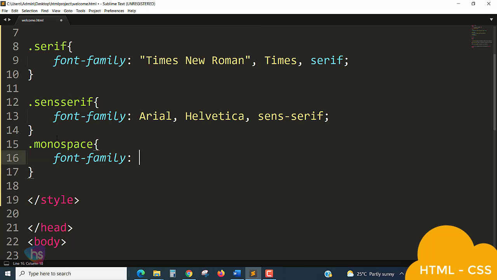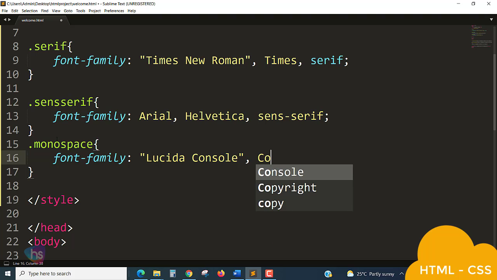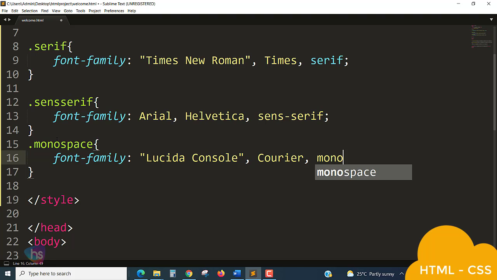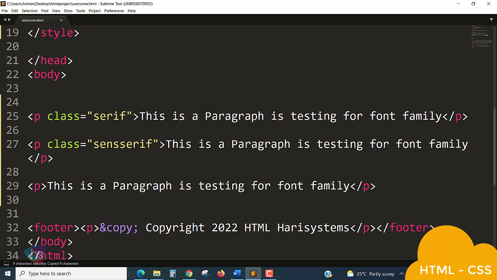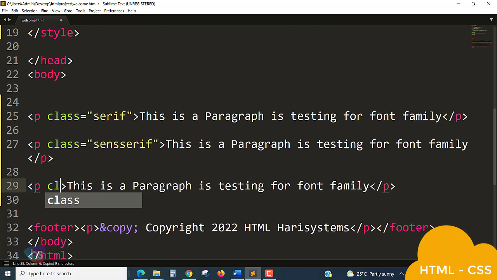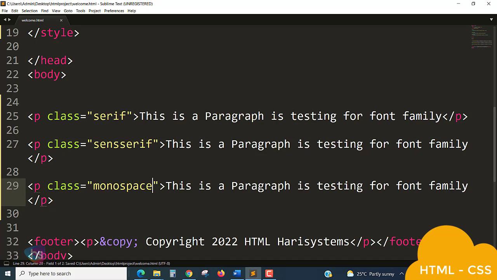Here we can write Lucida Console, and take a space, and the font names Courier and monospace, with the terminator. This class I am going to apply to the next paragraph. Yes, save it and